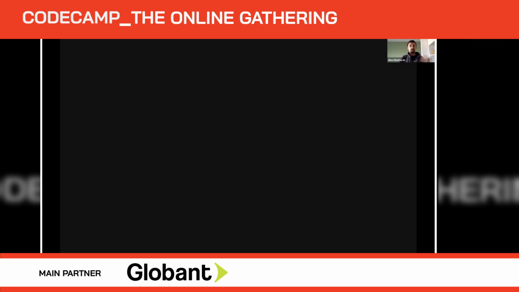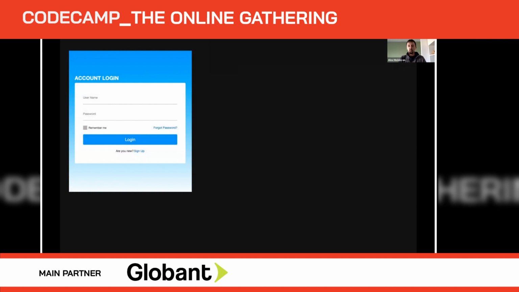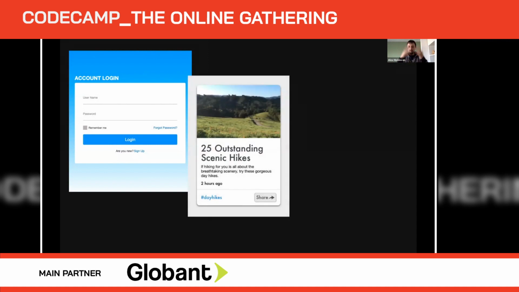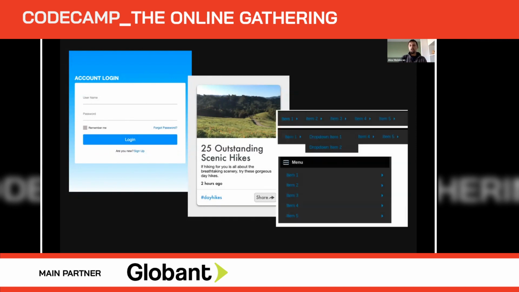automation here. And of course, if we were in a room, I would ask you to raise your hands, but I'm just asking you to imagine how many times you built components like this or screens like this, a login screen with all sorts of functionalities associated with it, like remember me, forgot password, and so on. How many times did you build cards like this to display some sort of data and some action buttons, or a menu that behaves differently on a desktop and on a mobile screen? These are